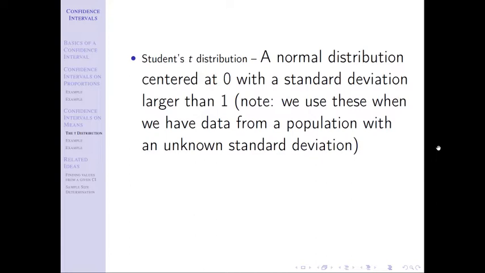I want to make sure that sinks in. Because we don't know what mu is, we likely won't know what sigma is. And you say, well, why is that? If you want, you can turn back to your notes in chapter 2. We defined the population standard deviation, we gave a formula for that. And if you notice, one of the pieces in that formula was mu. In order to get sigma, you have to know mu.